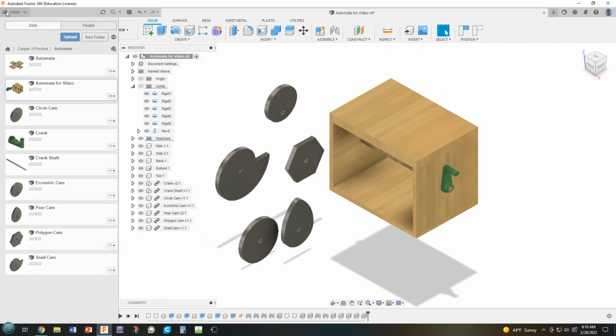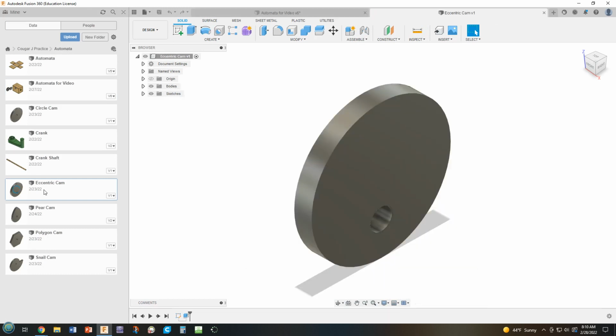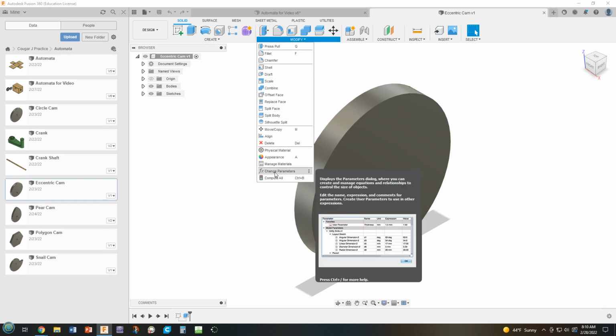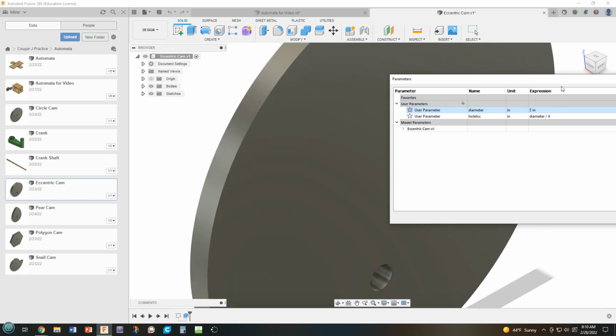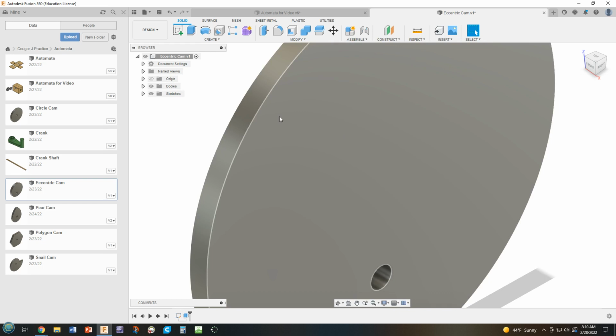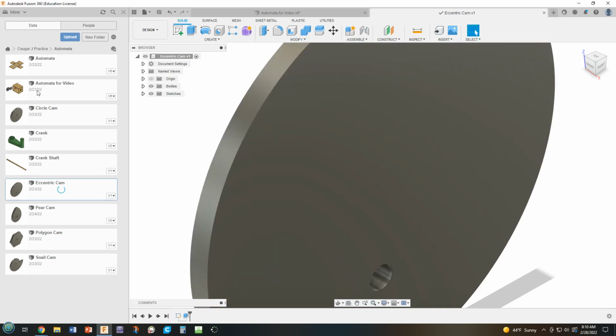So I'll go in and let's say I make my eccentric cam. I'm gonna just open that document. And let's say I go back in, modify my parameters, and I make my diameter 5 inches. This is just for grins. And then I have to save it. But if I save that and then go back into my